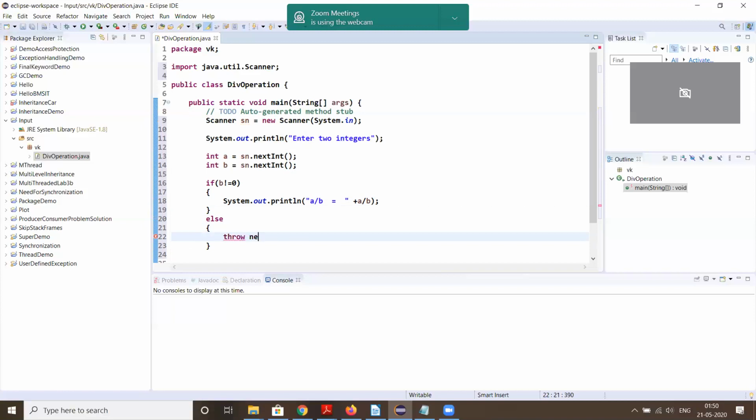Throw new exception, and let's pass a message saying that B value is 0.